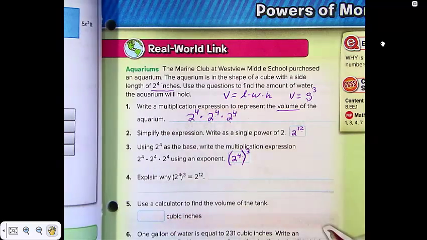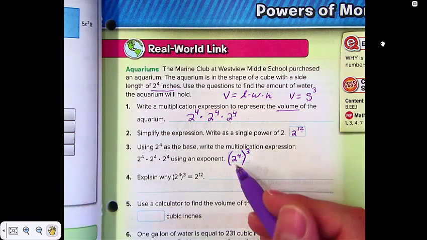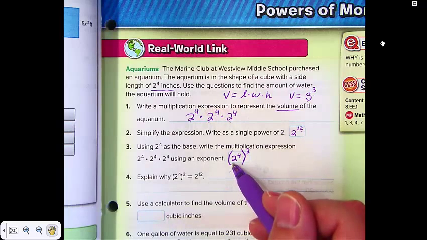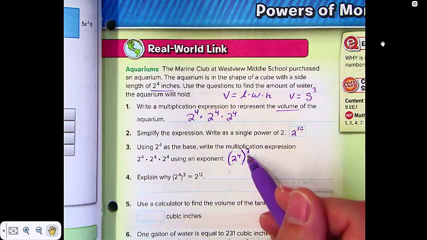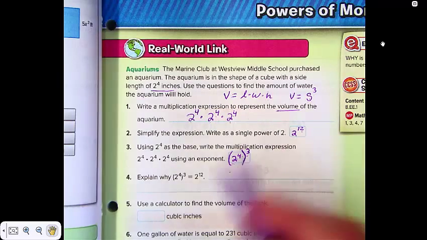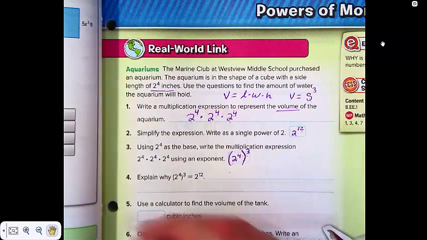So however you choose to explain that, you can. It says use a calculator to find the volume of the tank. So here I can just take 2 to the 12th power, or in your calculator you can do 2 to the 4th power and then take that to the 3rd power. I would recommend doing that both ways just so you have an idea of exactly how that works, and you should get the exact same number, which should be